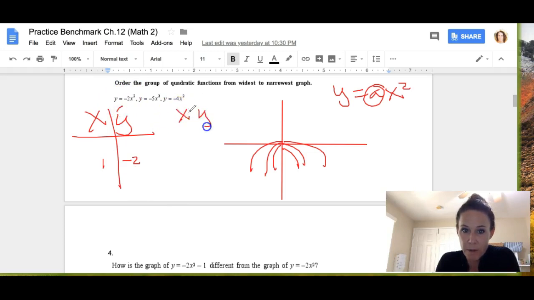Now look at this graph. Plug in 1 for this graph. 1 squared is 1. 1 times negative 5 gives you negative 5. So for this graph, I'm going to go,